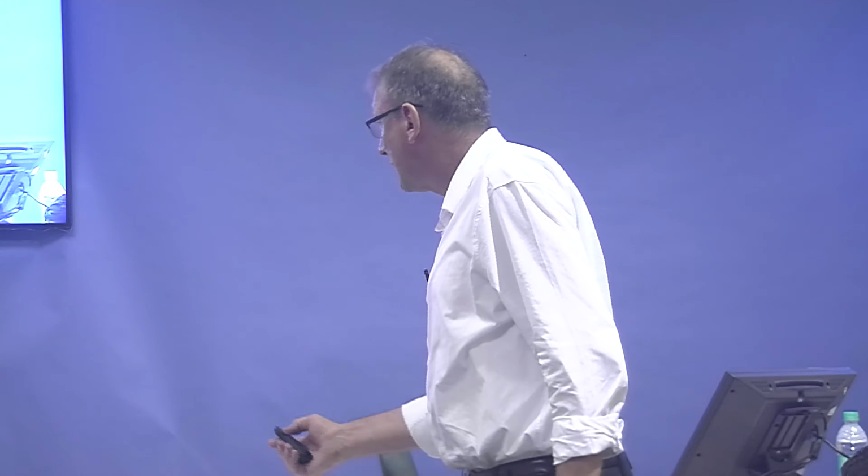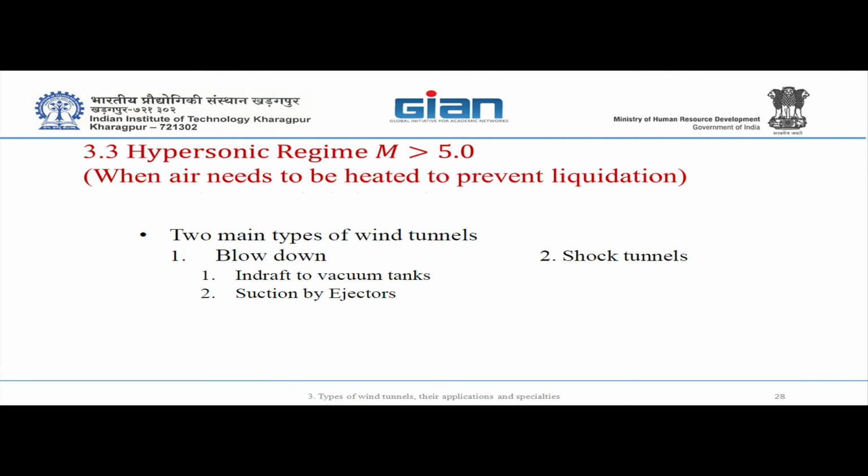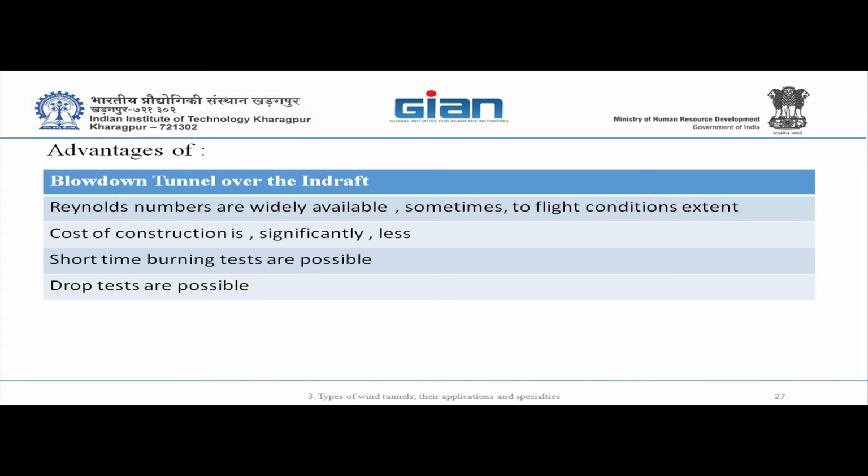This session will be relatively shorter because we covered most of it, but you'll have plenty of time to ask and discuss. First of all, we'll finish with the last slide I've shown. The blowdown tunnel has advantages over the in-draft, that we are able to control the Reynolds numbers